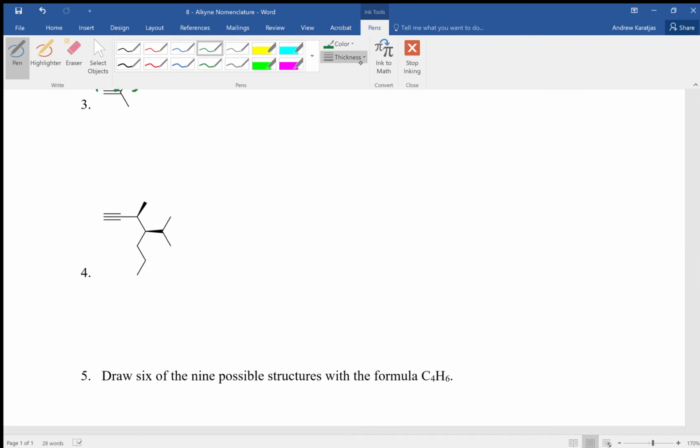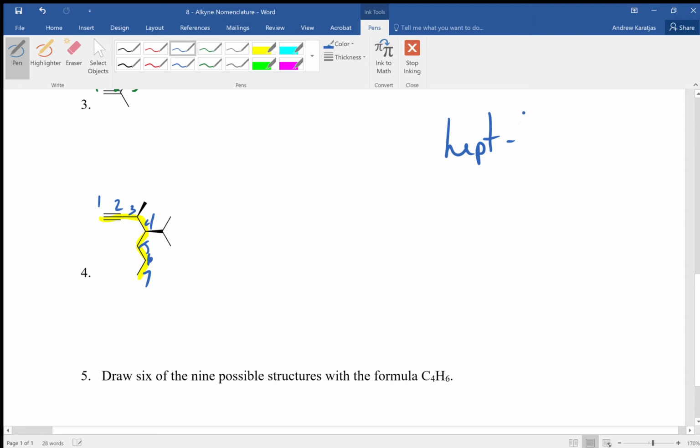All right, number 4. We have our longest chain here. And I think we can see pretty clearly we're going to want to number it from the left side because that's where the alkyne begins. If we started here, we get our alkyne starting at 1, whereas if we went the other way, our alkyne wouldn't start till 6. So this is going to be hept-1-yne,